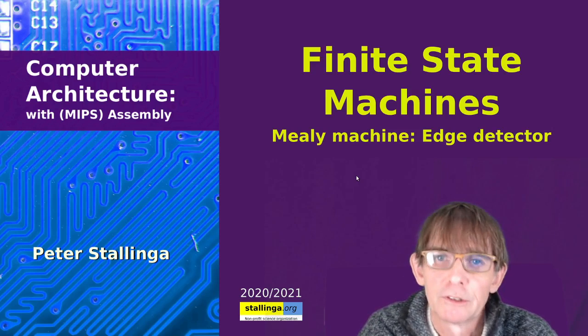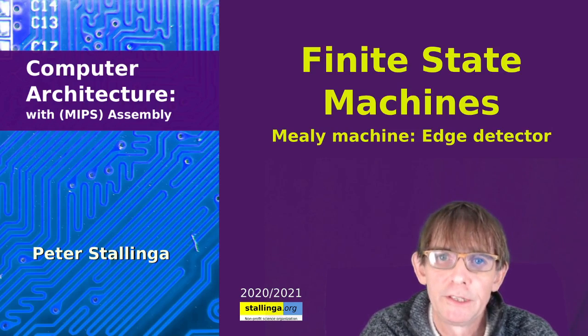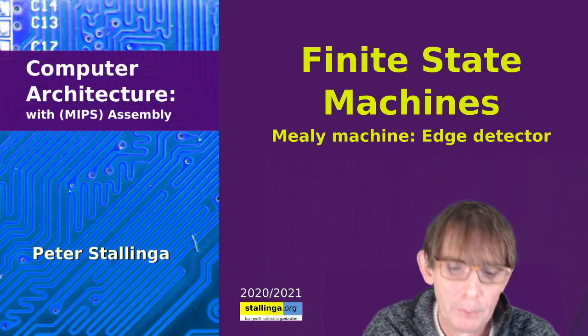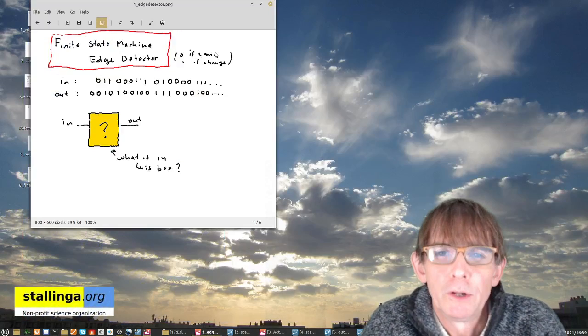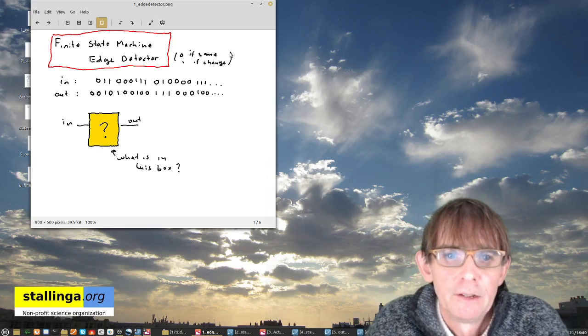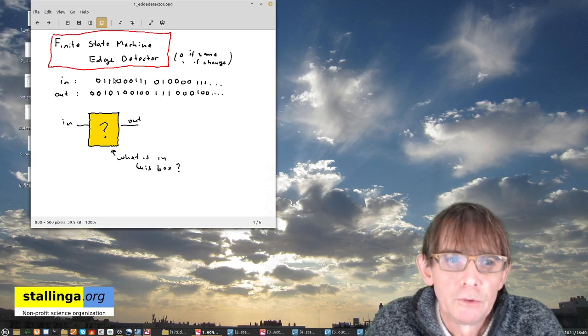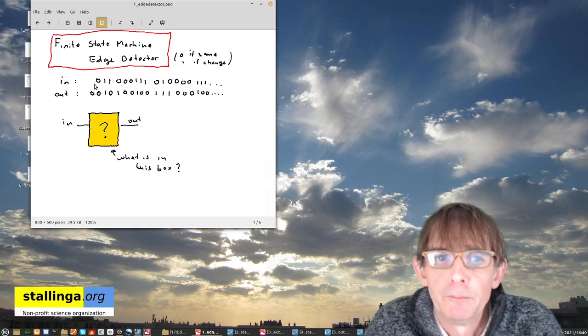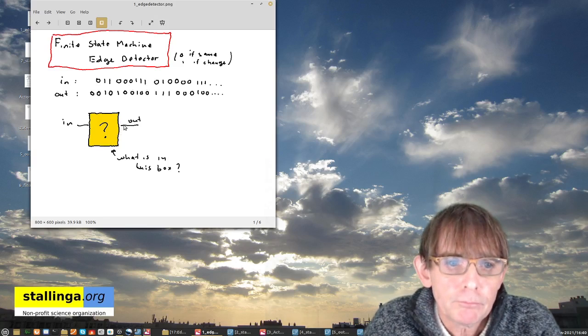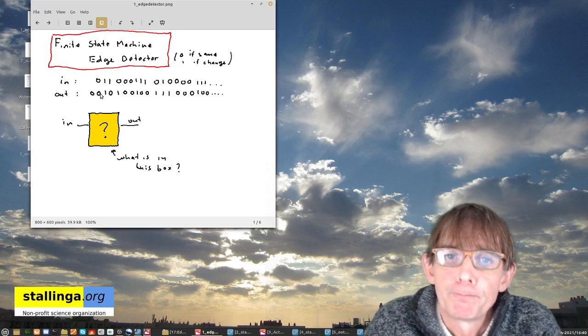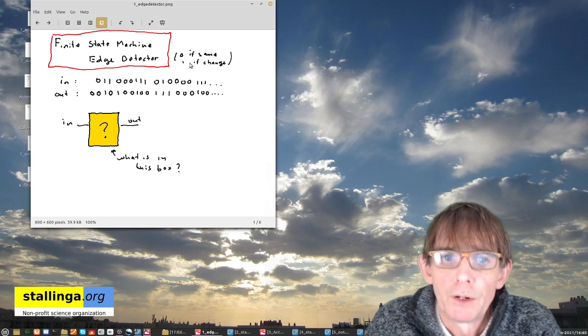The first step that you always have to do is read carefully what it is that we're going to build. Let me show it here. What do we want? We want a finite state machine that's called an edge detector, that gets a string of input bits. It's just a string of bits. We have to imagine that it comes in as low voltage, high voltage, and so on. And then we want the output to be 0 if the new bit is the same as the last one,